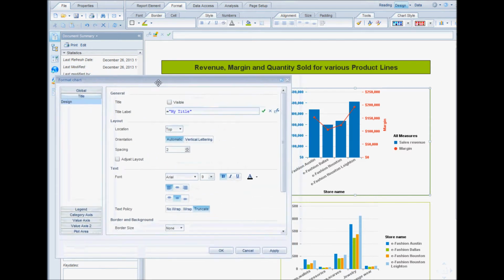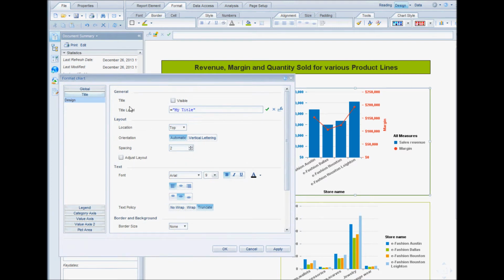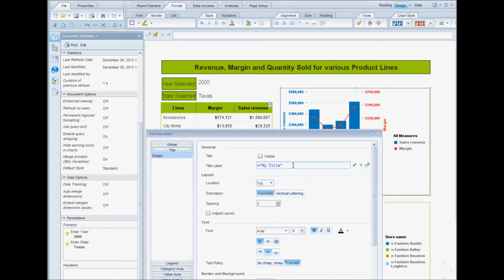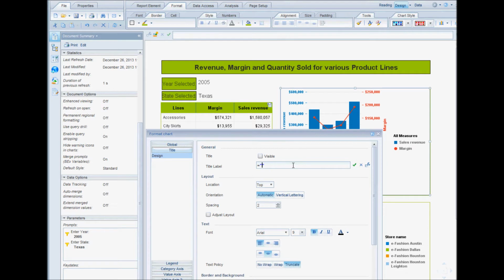So now there is no title for this chart, so let's give it a title, and we will make this a little bit dynamic because we have linked this to the table. So I will say sales revenue and margin for product line